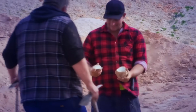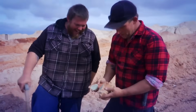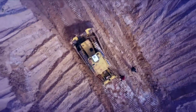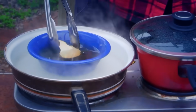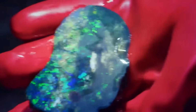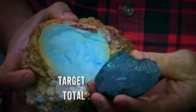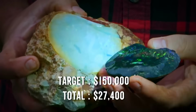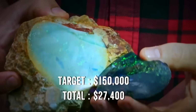Hey, Cozzy! Lovely country! Yeah, the big blobby matrix we pulled out of German Gully. It was a nice big 16-ounce blob. It had full colour all the way through it, treated up real nice too. Oh, look at that. That's beautiful. Now they're doubling down with a bold move and have spent their entire earnings, over $25,000, fixing Leif's